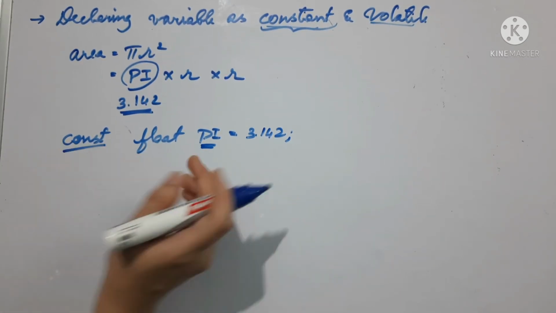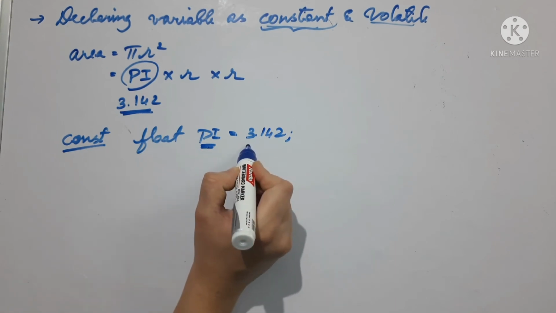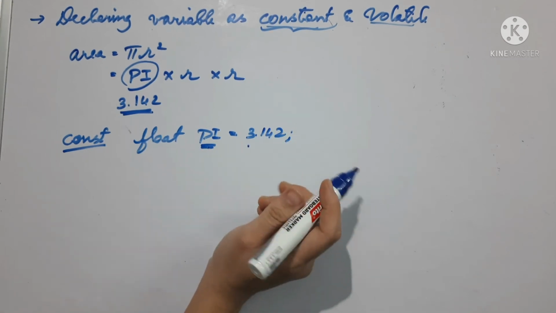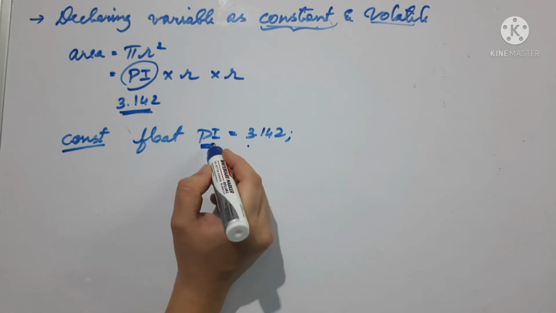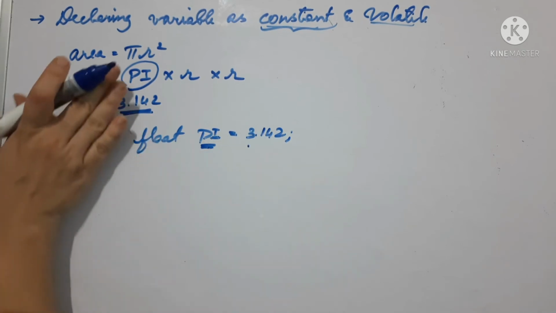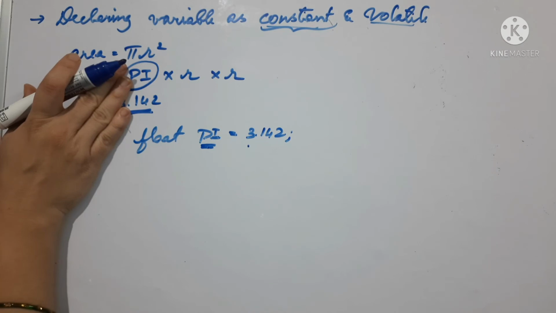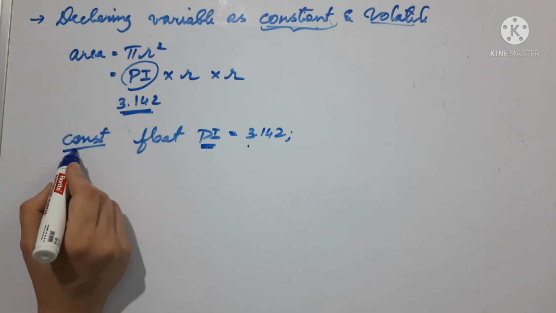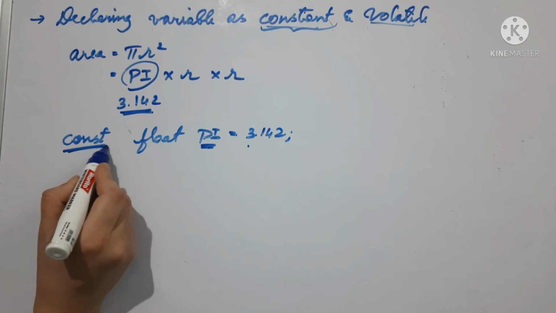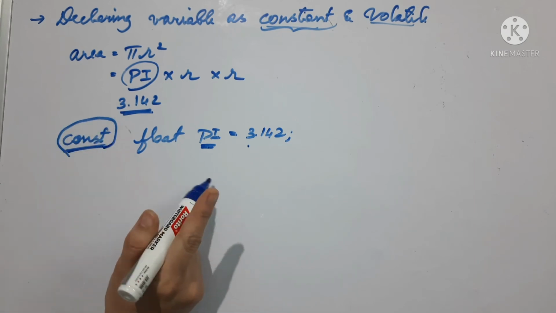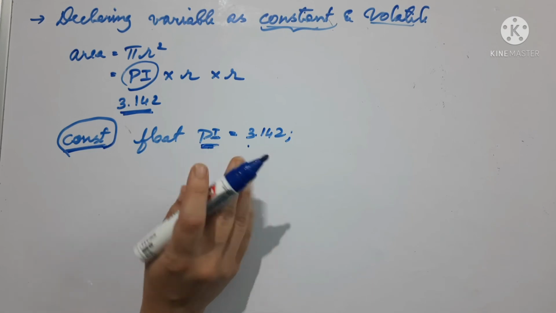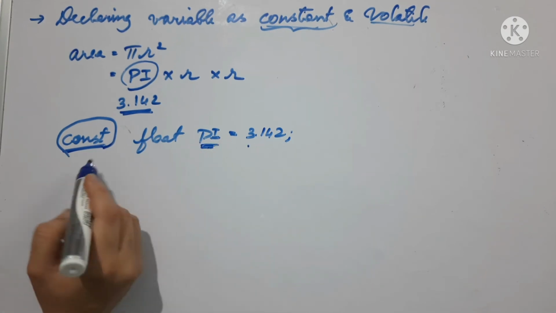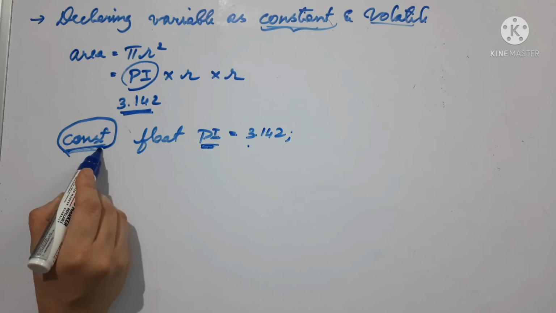So if I mention const for this pi, then its value will never change. Sometimes what happens when you are writing a program, that time the value will be changing. If I don't mention const, then if the programmer is using pi values in different locations, then sometimes the value can change, but I do not want this value to be changed. So that is why I will mention the const keyword. This is a very important interview question. If you want to keep the value of a particular variable fixed, then we will make use of the const keyword.